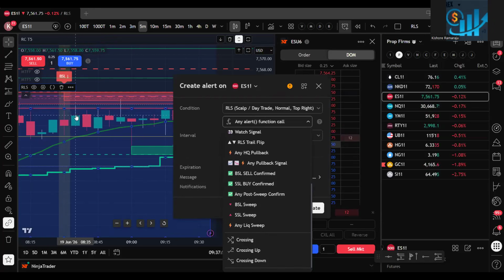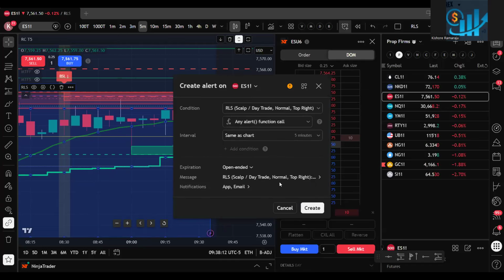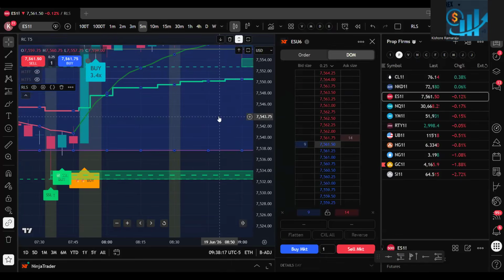Then you have to wait for the confirmation. The next follow-up candle should be in the same direction. If it is a buy side liquidity, if you get another red candle, then that's a good opportunity. We can see a big drop on ES. Or whenever you have a sell side liquidity, it grabbed all the stop losses on the sell side, and then immediately you get a buy signal. So if you only want to get this notification so that you can be ready to put your orders, then you can put an alert here.